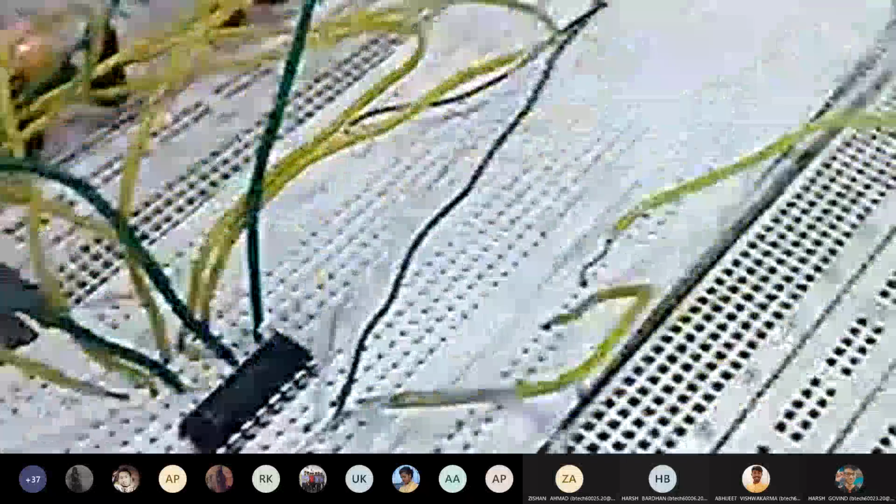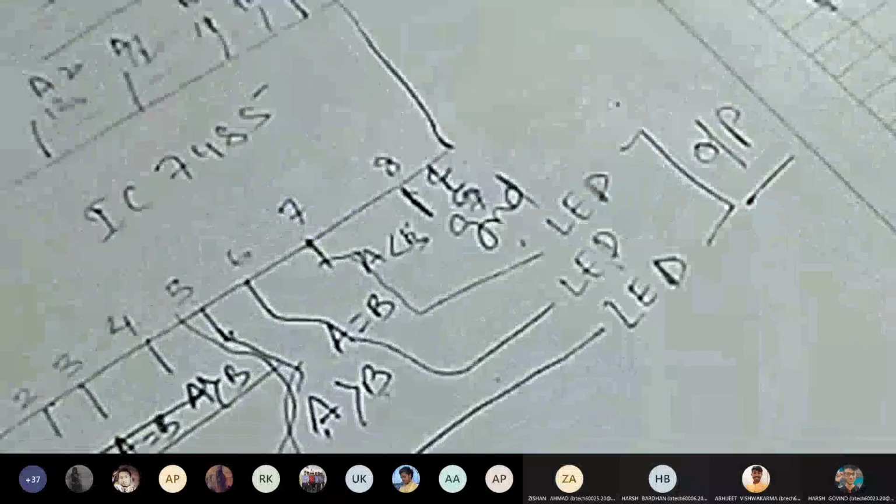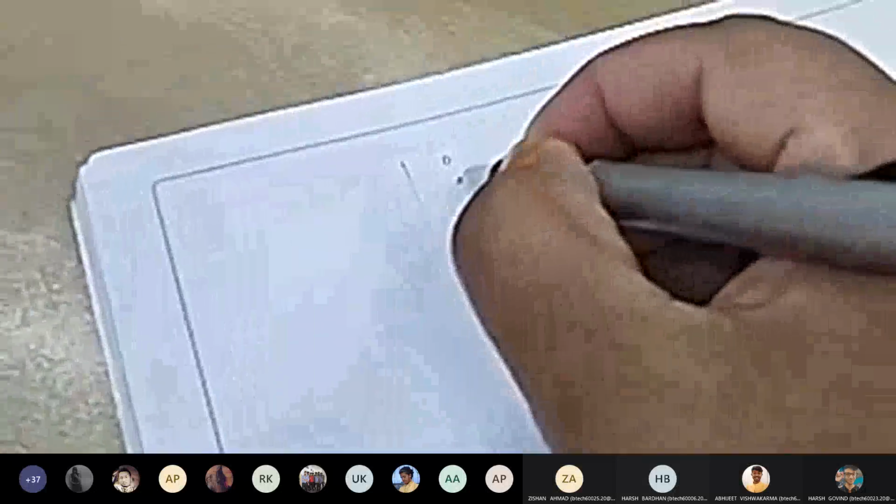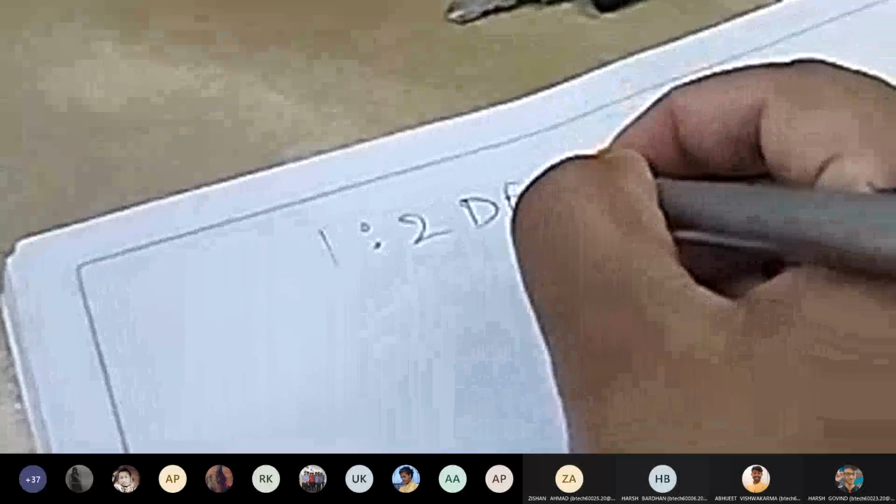Now we will go for DMUX. MUX we have already seen, so we will be going for the DMUX. In your syllabus it is mentioned as 1:4 DMUX, but it will become very haphazard, so I will show you 1:2 DMUX. Already today we have studied 1:2 DMUX. All of you have studied today. I have taught you 1:2 DMUX.